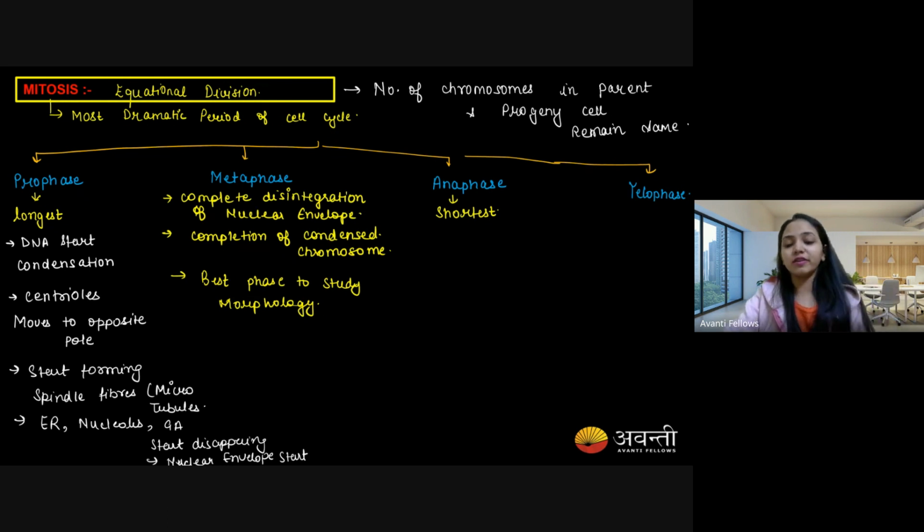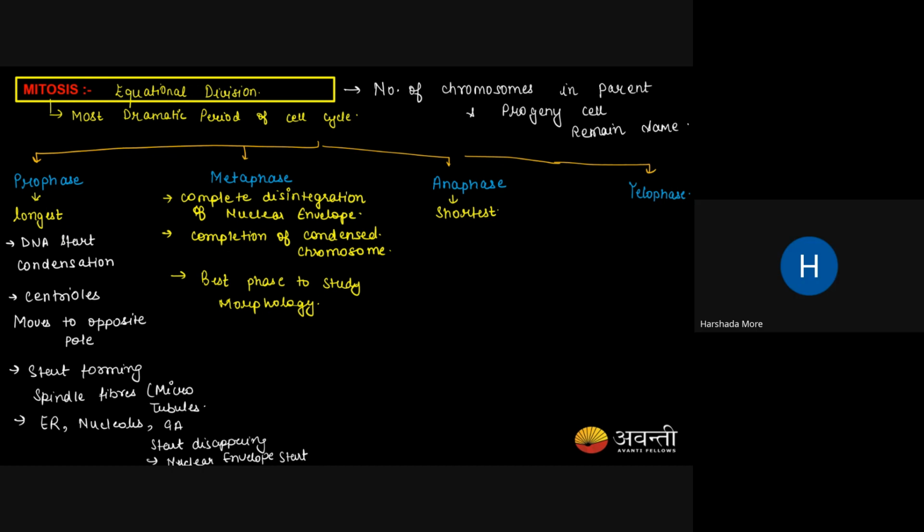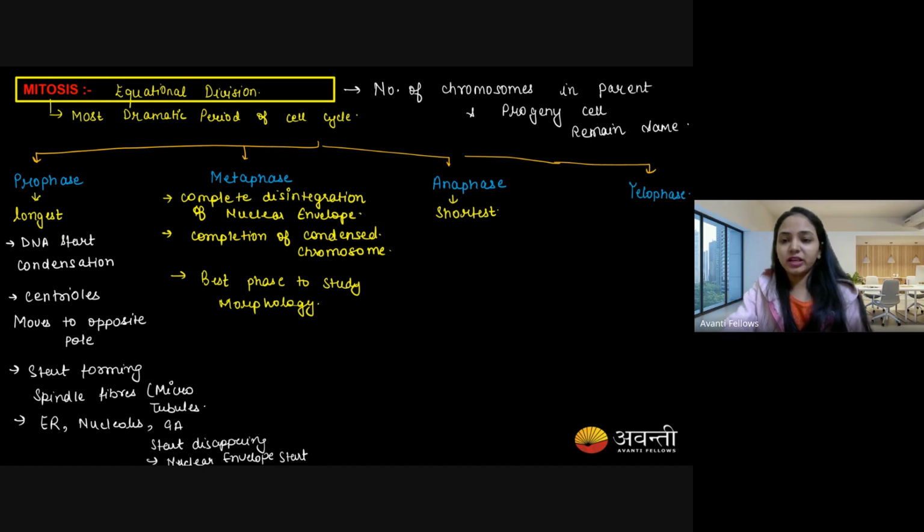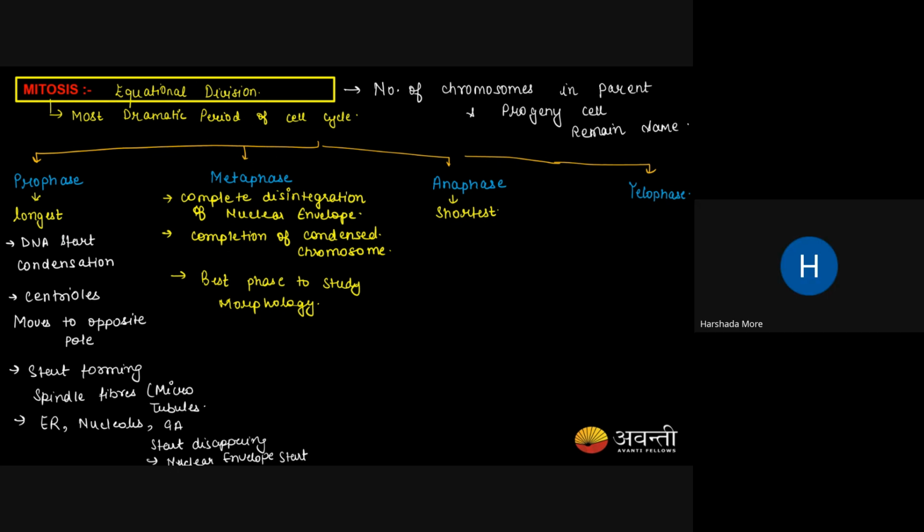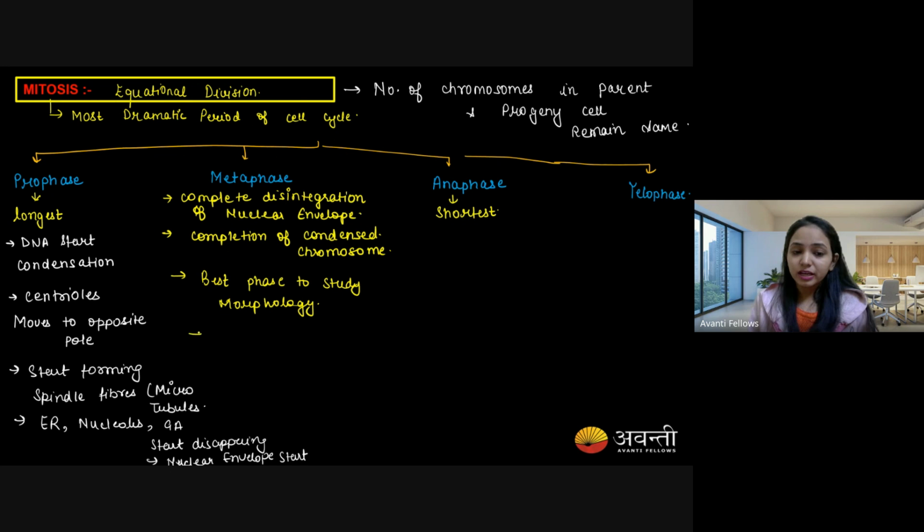And this is the only phase in which we can actually count the number of chromosomes. How many chromosomes are found in a human cell? 46. 23 pairs, so we can say it's 23 pairs, or we can say 46. So we have counted these 46 chromosomes in which phase? Metaphase. Right. And in metaphase only, all chromosomes